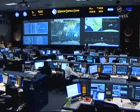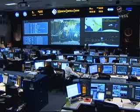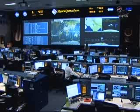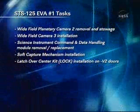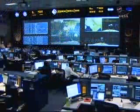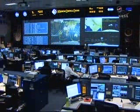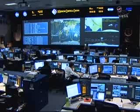The removal of the SIC and DH will take place at 10:36 a.m. after the wide field camera 3 is installed. The soft capture mechanism installation, as well as the locks installation, will take place at 12:06 p.m. and the EVA should end around 1:46 p.m. Central Time. After all that is complete and Feustel and Grunsfeld are back inside Atlantis, the crew will wrap up their day by taking a look ahead at the next day's spacewalk, which will be EVA number 2, to be conducted